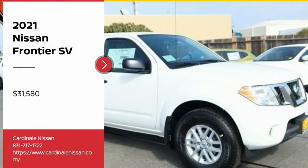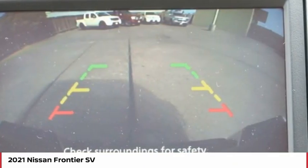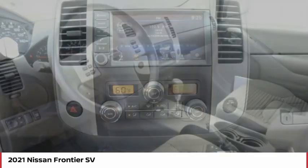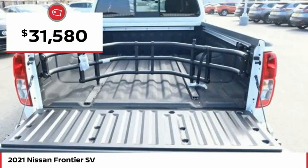You are going to love the 2021 Frontier. The Nissan Frontier offers a full-length, fully boxed frame for strength, serious off-road capabilities, and a 5-star rating for side impact crash safety. The Frontier's interior comforts include cab versatility, under-seat storage, and seating for 5, and is priced below